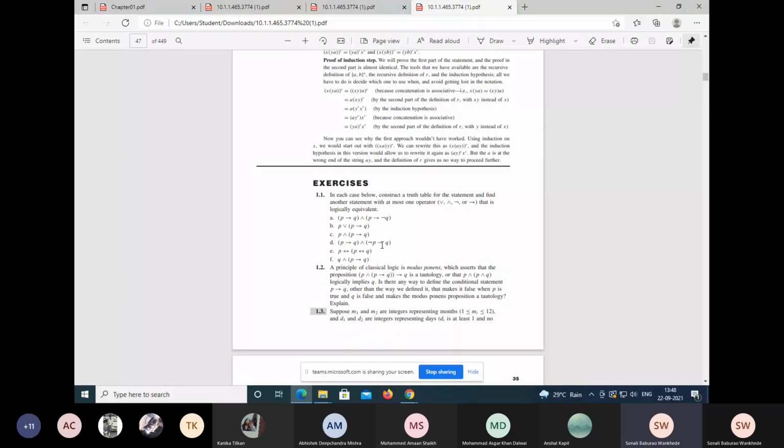You have to create truth tables for this. How many sub questions do you have? Seven. You have seven sub questions over here, so you have to create truth tables. So your 1.1 is your first question of the tutorial, and that is based on truth tables. So please refer to this PDF and try to solve it, and try to upload it today before 2:30.